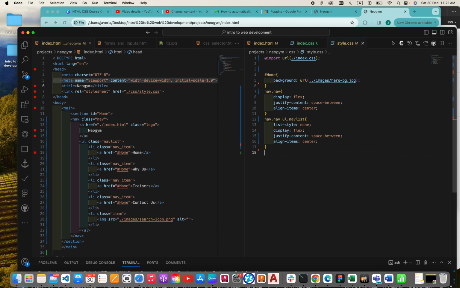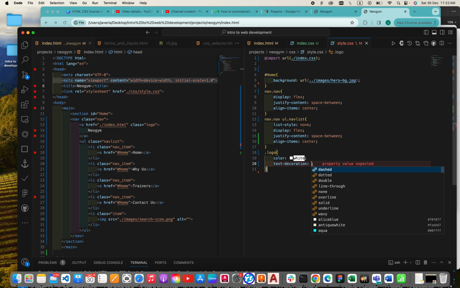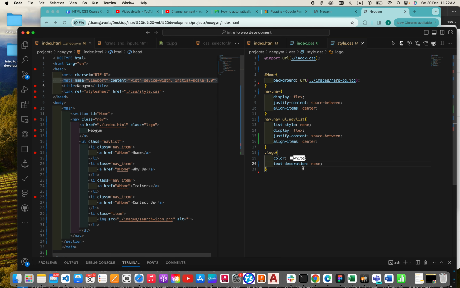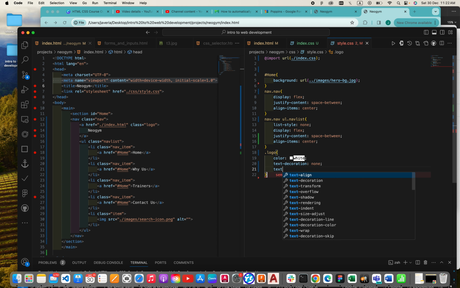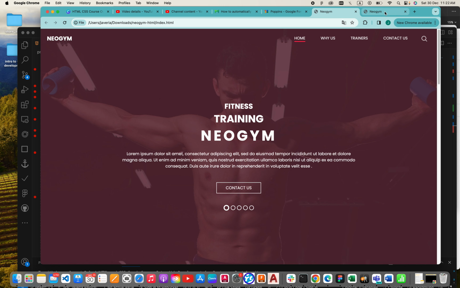So just come here, it's having a class of dot logo. Make its color white, not alias, just white. Come here, refresh. Now it's white. Make its text decoration none. Refresh. Now you can see the underline is removed as well. Text transform uppercase. Come here, refresh. Now it's in the same mode we are having here, but the font is a bit bigger and a bit